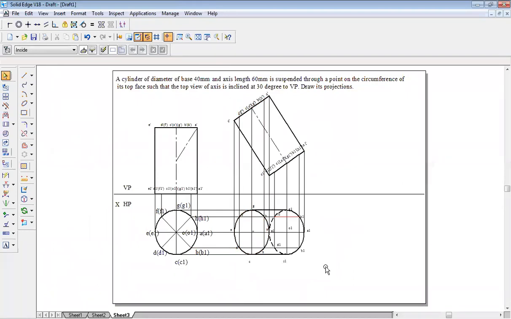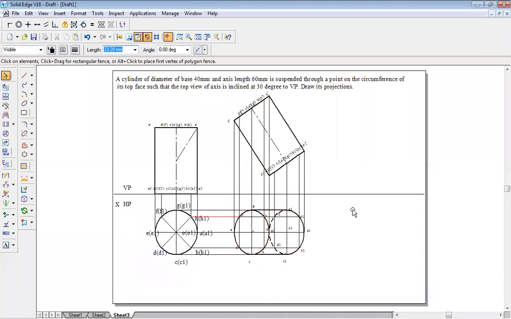And no need to draw any intermediate lines like AA1, BB1, CC1, DD1, EE1, FF1. No need to draw any lines. The reason is you will be able to see only the outer cover. That's all. Okay, you will not be seeing any intermediate lines because there is no edge from top corner to bottom corner to draw a line. You will have to draw this line and this line.